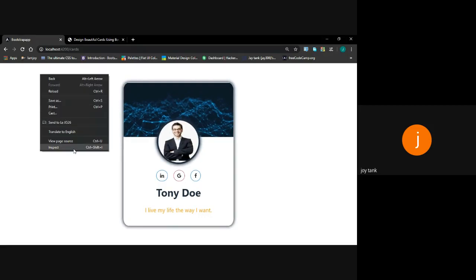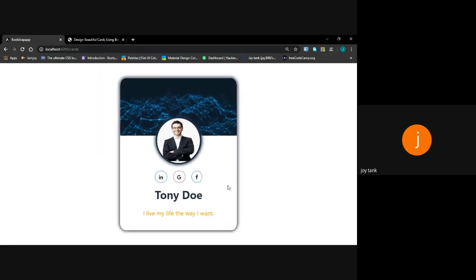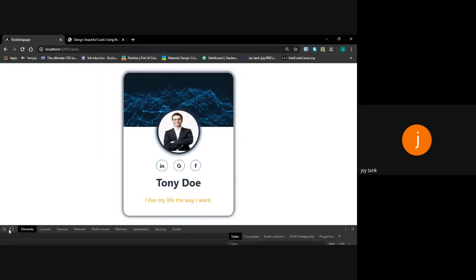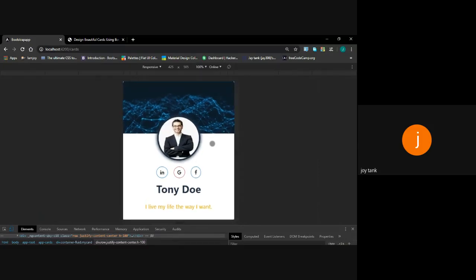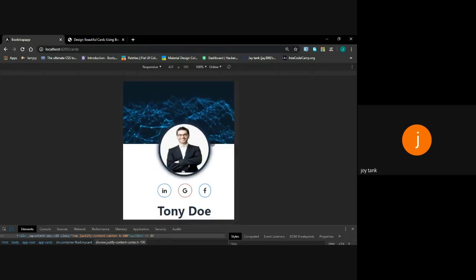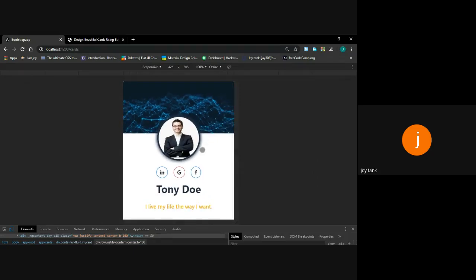So one thing is that if you are viewing this card on your mobile phone, you cannot hover on your mobile phone. If you want to hover this card, sorry, you need to click here, and if you double click here, it will zoom. So this is the wrong way to scale your card.